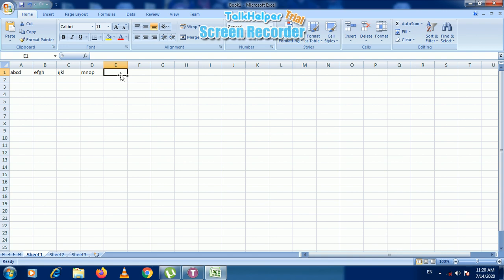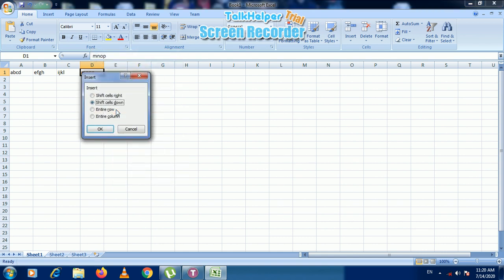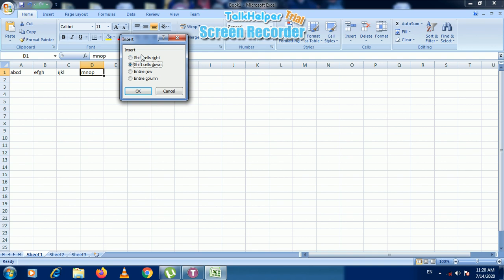Next is inserting a column and a row. If you want to insert a column, you have to click on the cell where you want to insert the column or a row. In the context menu, you will see the option of insert. When you click on insert, a pop-up box will appear and you can see the options shift cells right, shift cells down, entire row, entire column.